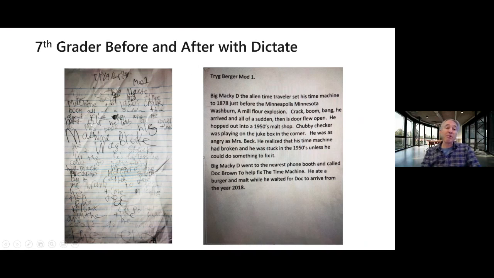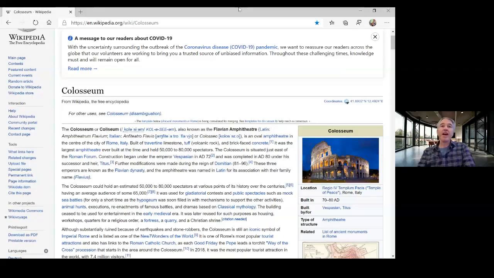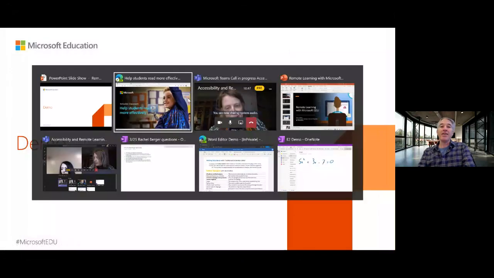And this is sort of pre-dictation or speech to text. This is using word dictation, and you can really see the transformational difference in what he's writing. All the ideas are there. Dictation just makes it easier to get out onto the page, and maybe Rachel can tell us a little bit more about that. Now, in terms of what I'll show here, I'm going to briefly show